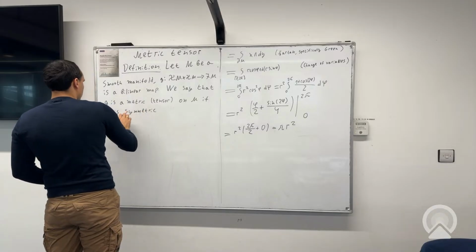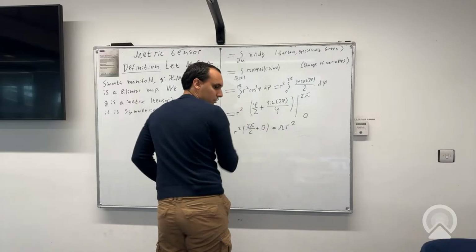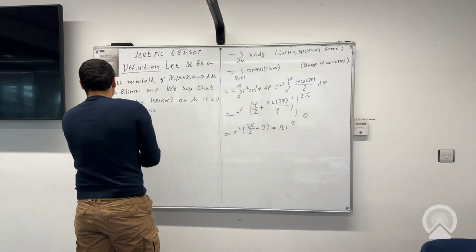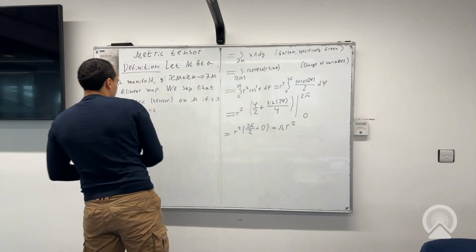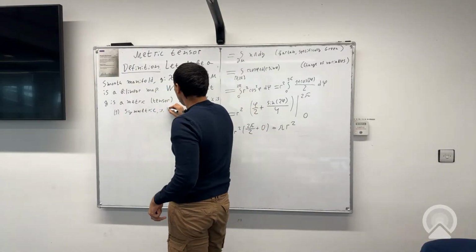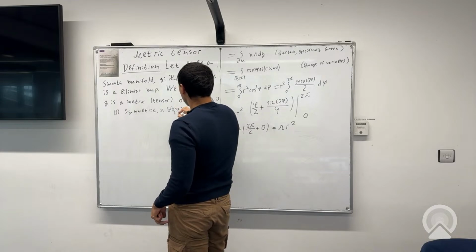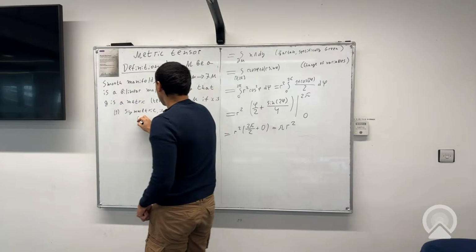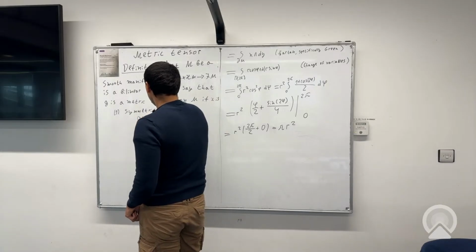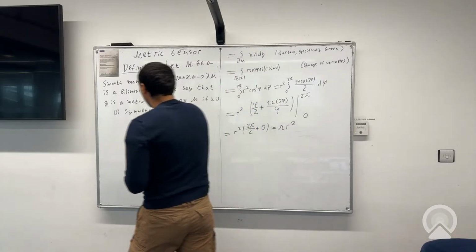So this is a property. It is symmetric, which means that for all vector fields x, y in M, G of x y is G of y x. And